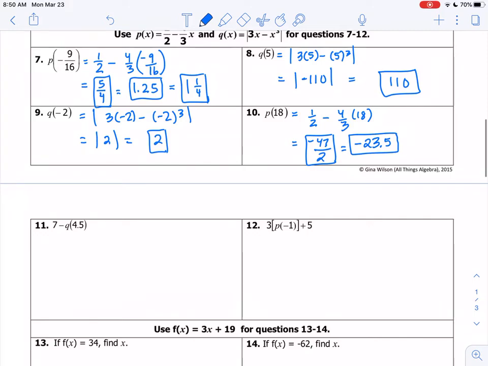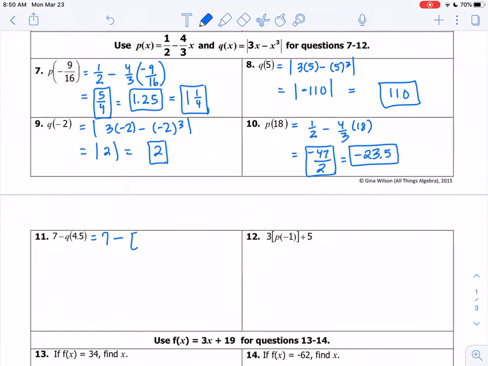Alright, so we'll keep going. Number 11, 7 minus Q of 4.5. So 7 minus, then we've got to plug it into the Q formula. Let's see, that would be absolute value of 3 times 4.5 minus 4.5 cubed. So that's 7 minus,